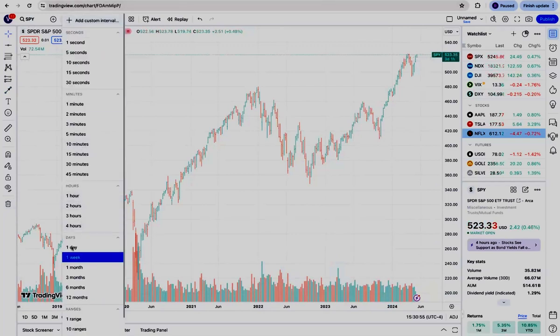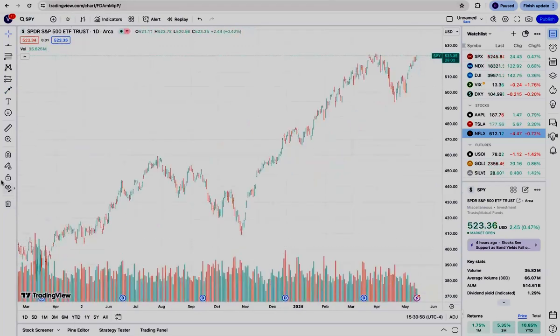Let's go ahead and look at it on a daily chart. We look at a daily chart and we see basically the same thing we saw as the NASDAQ. There's no standouts in volume. There's no big, massive behavior going, which leads us to believe there's no massive turn of events coming. It doesn't lead us to believe we're heading into a bear market, although it's possible. However, for now, it doesn't appear as though it is.